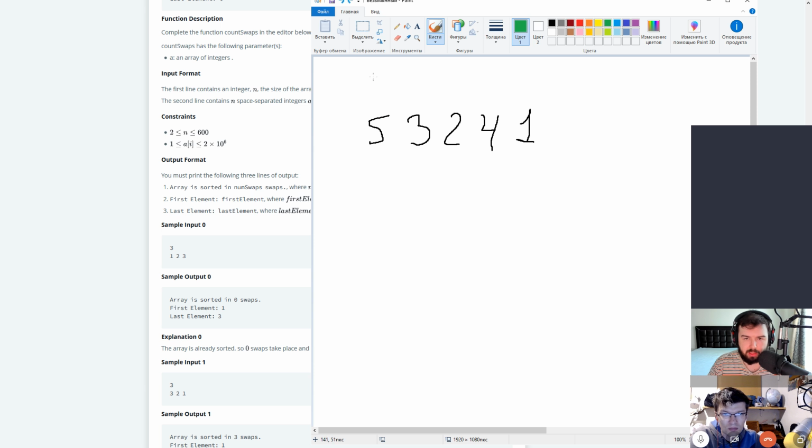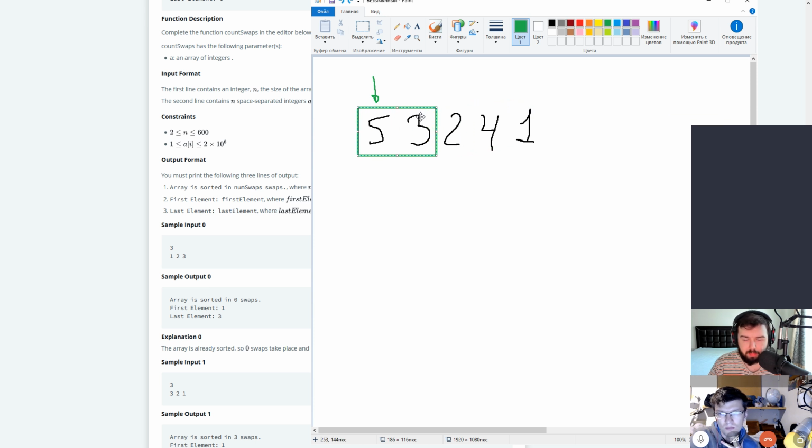Every time we start with the first element of the array, and we will have something like a window of 2 elements,